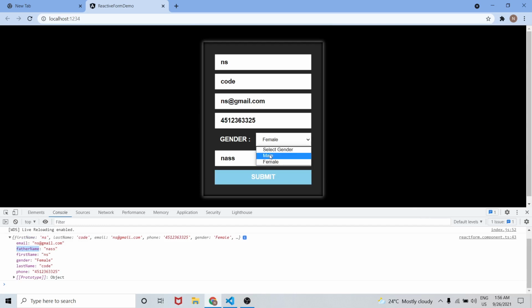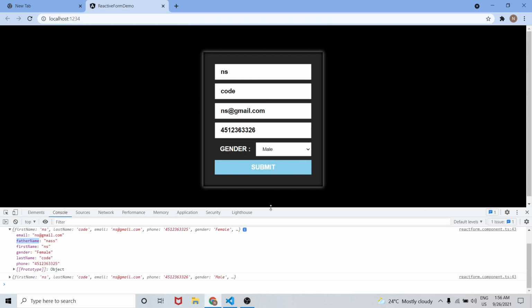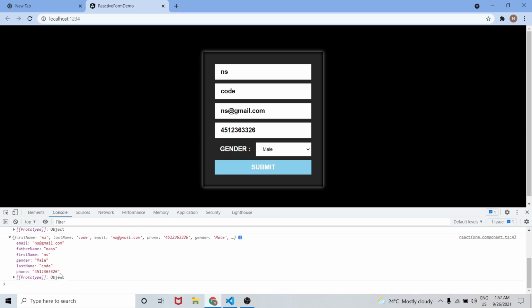And if I select male, the father name value is gone. And let me change the phone to 6. Let me submit. You can see the updated values here with the phone number as 6 and gender as male.